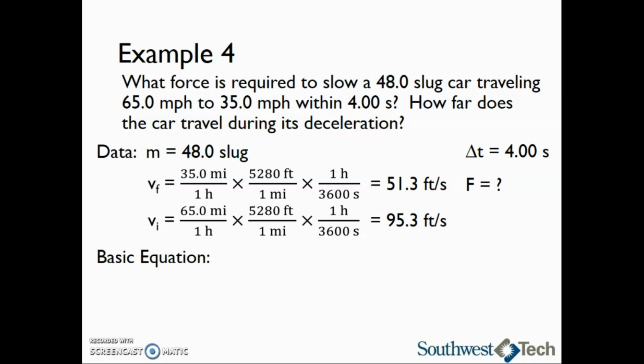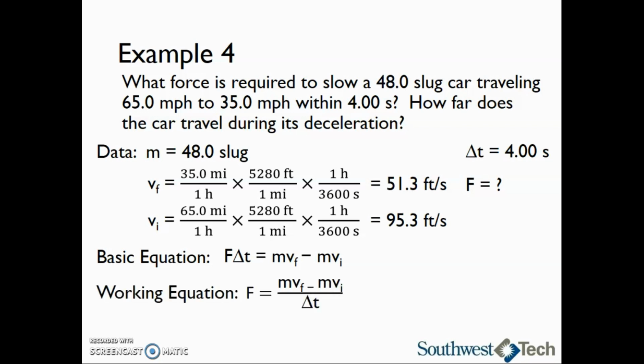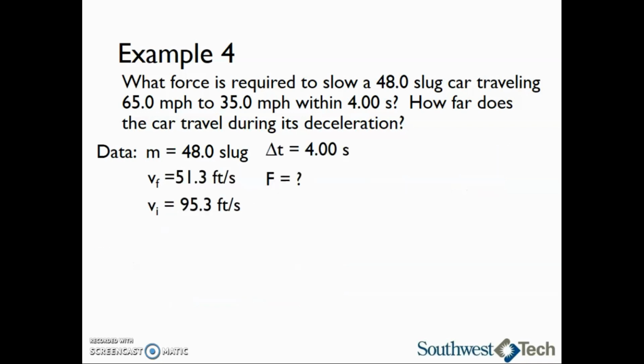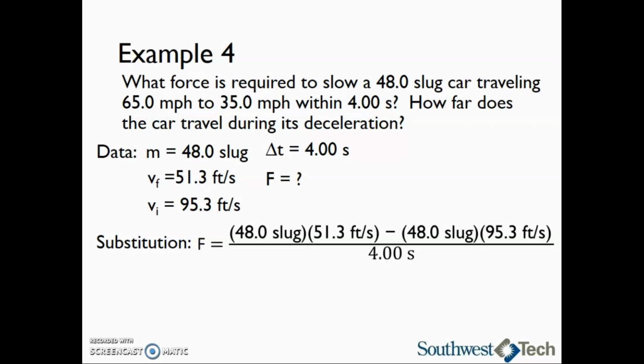Our basic equation is essentially the impulse momentum theorem. Force times change in time equals mass times final velocity minus mass times initial velocity. We will rearrange this basic equation by dividing both sides by change in time to form the working equation: force equals mass times final velocity minus mass times initial velocity, all divided by the change in time. Next, we can substitute in the data we are given into the working equation. Force is equal to 48.0 slugs times 51.3 feet per second minus 48 slugs times 95.3 feet per second, all